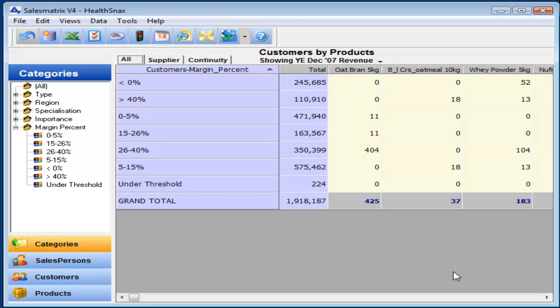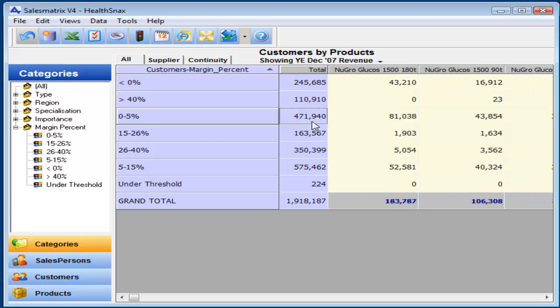How powerful is this? We have segmented the various margin categories on the left-hand side. This on its own is very meaningful, but more importantly, what products are responsible for those margins? For example, we notice the 0 to 5% margin category is fairly low, constituting about $470,000 of our business for the period under review. If I want to determine what the major product items are, we simply click on that